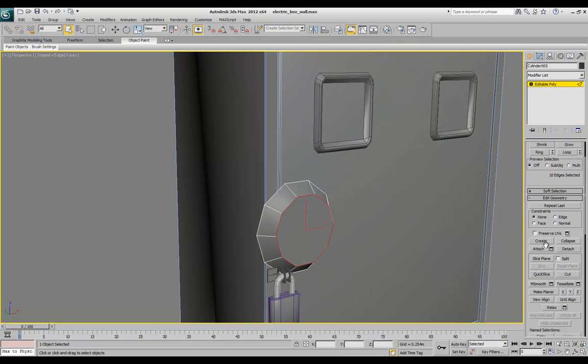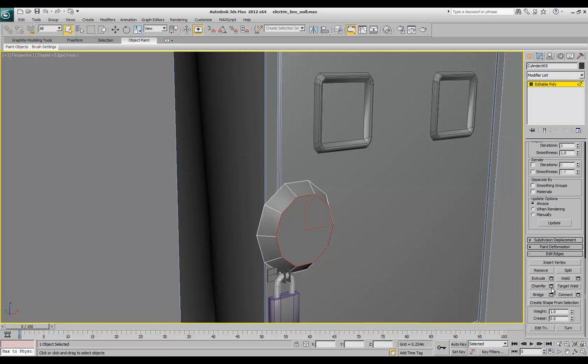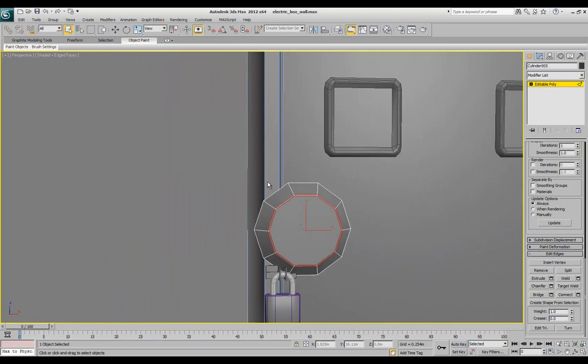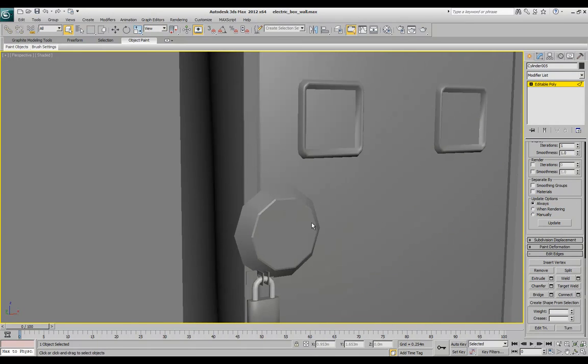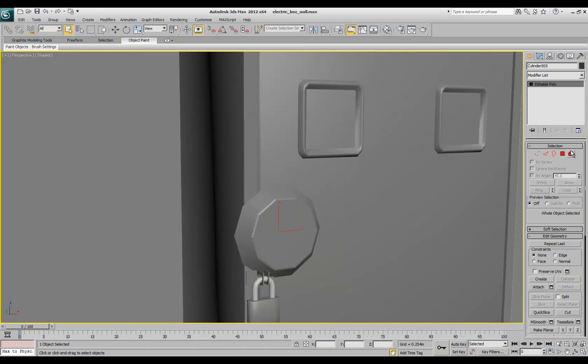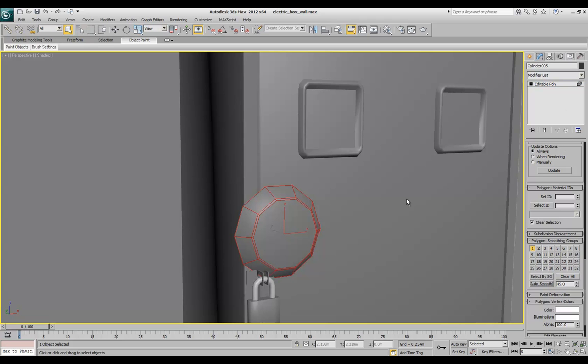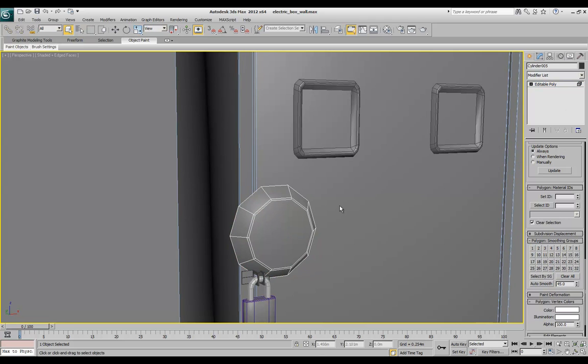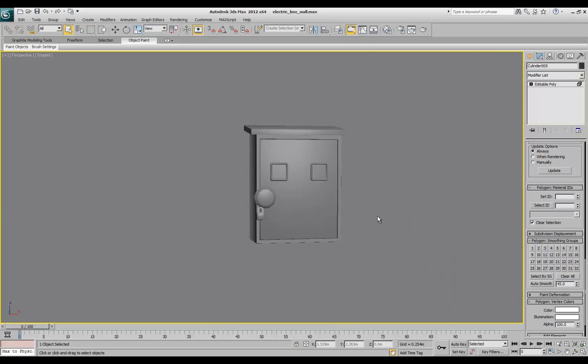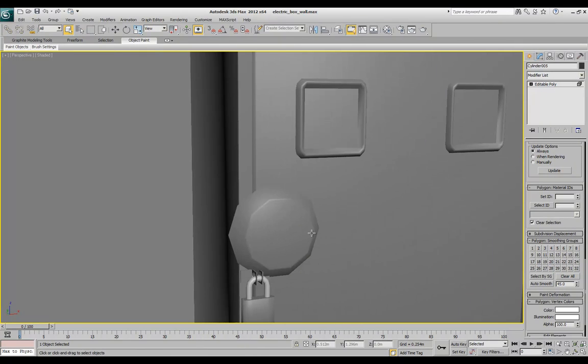Now you just need to go back to chamfer again, and here you see that you can actually make much smaller creases in the edges. You can chamfer in really close. So now as we auto smooth it, we see that it's actually the thing that we wanted to do. This is the effect we wanted to have. Now, as this is already set and ready to go, we can